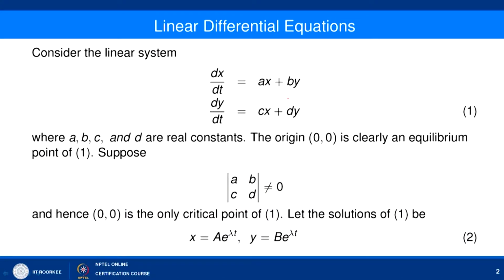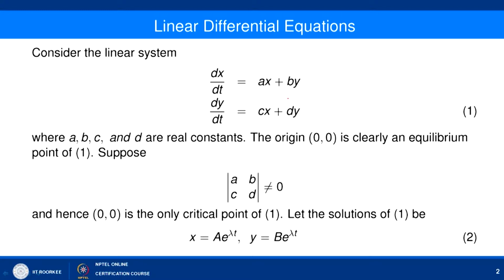In fact, we will focus on linear systems of dimension 2, so that we can portray the phase portrait on your xy plane, and we also try to see what type the critical point of the linear system is. So, for that let us consider the following linear differential equation. Consider the linear system dx by dt equal to ax plus by and dy by dt equal to cx